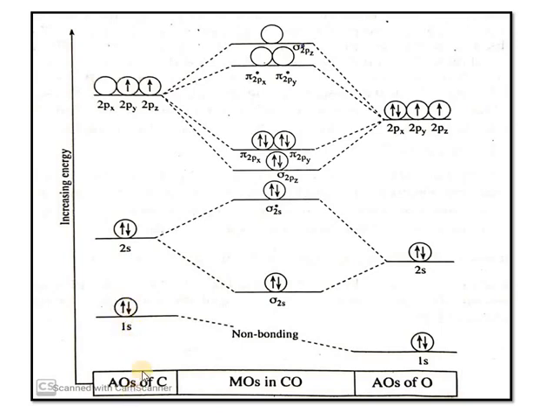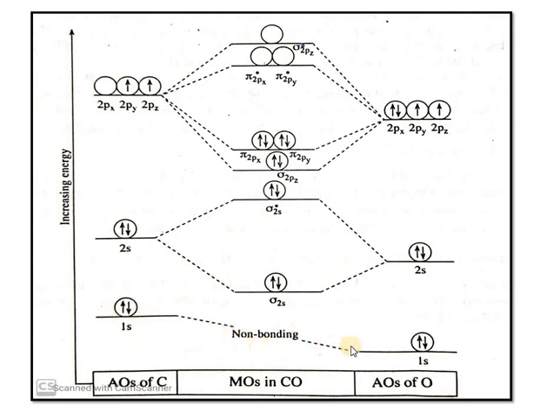Therefore, we can fill up the electrons of carbon like this: 1s2, 2s2, and 2p2 as 2px and 2py. Similarly, the atomic orbitals of oxygen can be filled with electrons like this: 1s2, 2s2, then 2px2, 2py2, and 2pz2. So these atomic orbitals of carbon and oxygen can combine to give the molecular orbitals of carbon monoxide as follows.